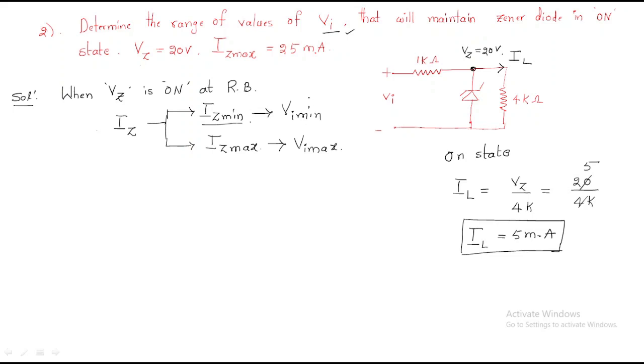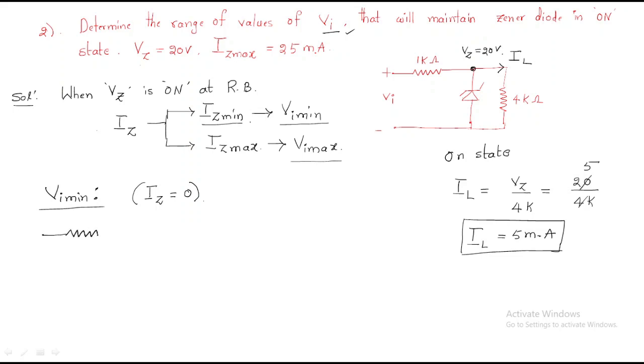So first we need to verify the voltage ranges. That means we have to find the minimum input voltage and the maximum input voltage. Minimum input voltage means the minimum value of the Zener current. The Zener will be on, but the Zener current is 0. Maximum is already given. So for that purpose, I simply